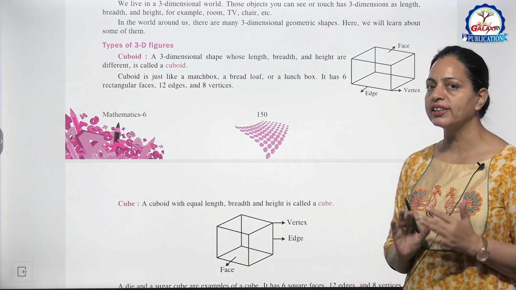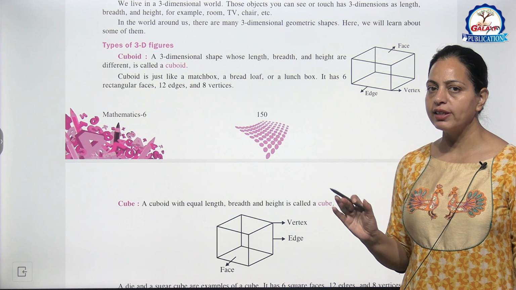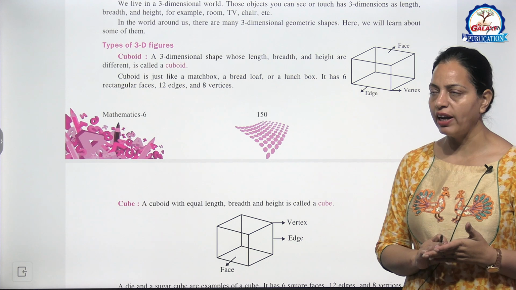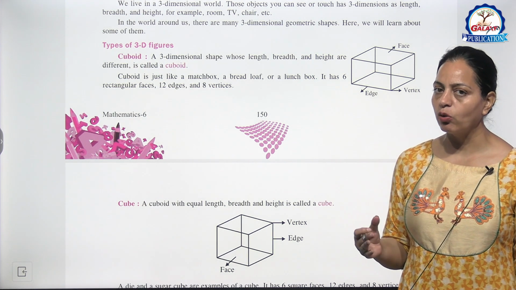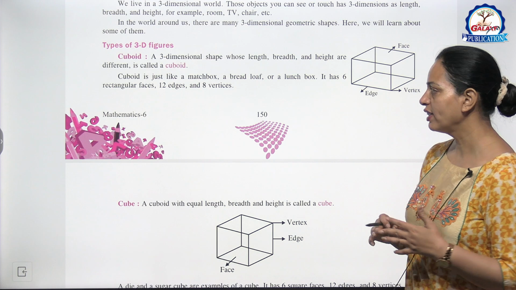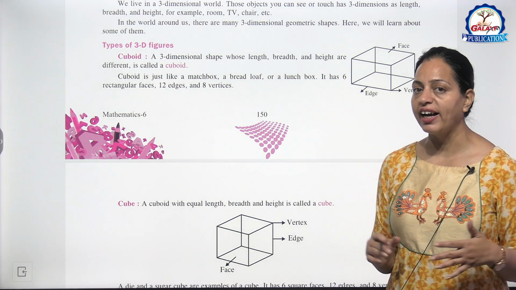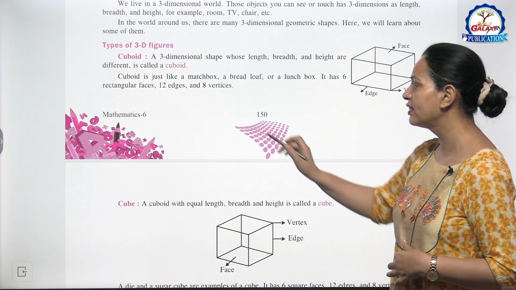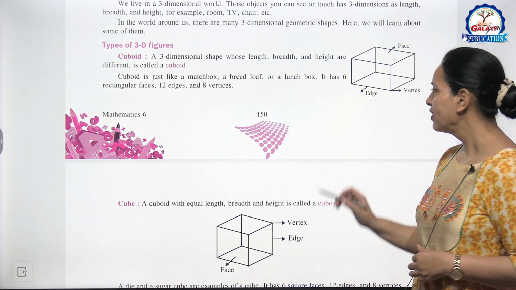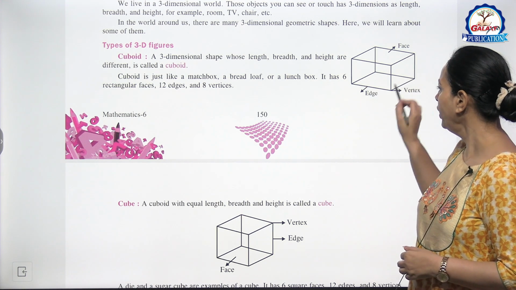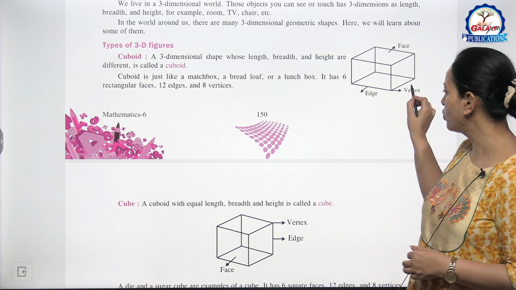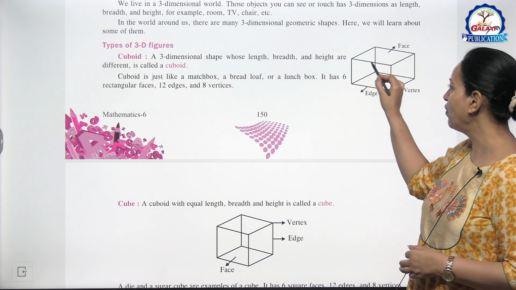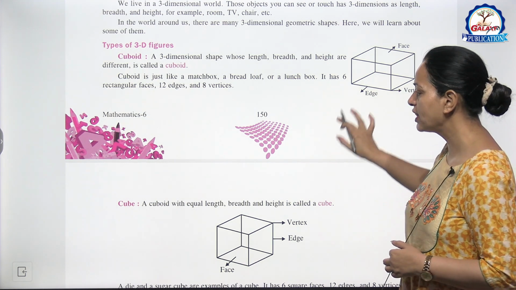You can look at your room too. In the room we have 4 walls, 1 base and 1 ceiling. So total 6 faces. Okay, and each face is a rectangular shape, rectangle, and you can see how many edges, how many sides in a room, 12 edges, and how many corners, vertices, 8 vertices. See this figure. Here you can see this is the vertex where 2 sides are meeting. This is the side or edge, and this is the face, right? So I hope this is clear to you.